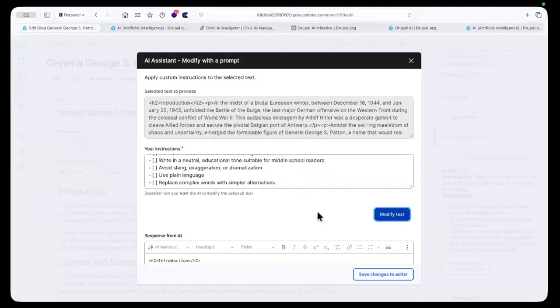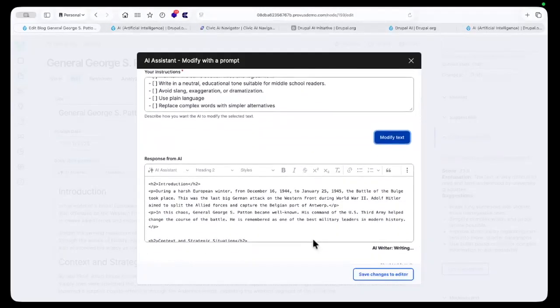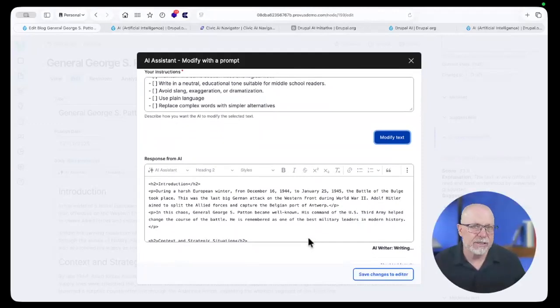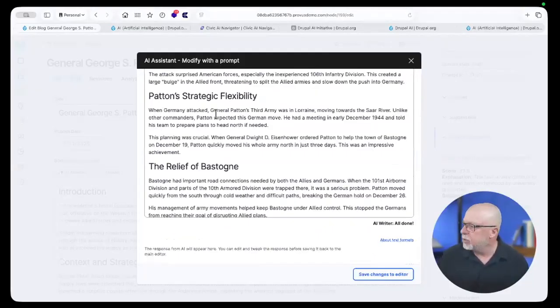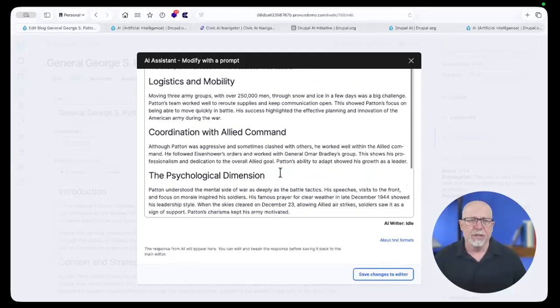Once again, a human is still in the loop here. It's not going to automatically do anything for me that I don't want done. I can edit this even as soon as it's generated. I can come in here and change it if I don't like what it did, or completely abandon it and come back and try again right from here with a modified prompt. One of the things, of course, that the federal government is pretty big on is the plain language movement. I shouldn't call it a movement, the Plain Language Act, and you can incorporate some of that into your prompt as well. All right, I'm going to save changes to the editor